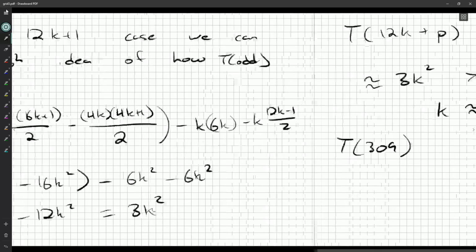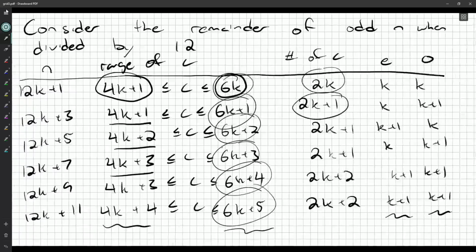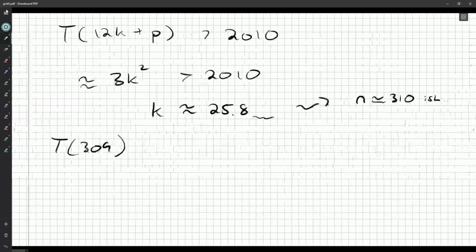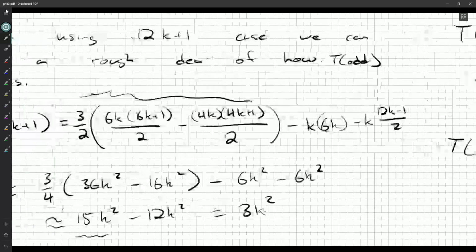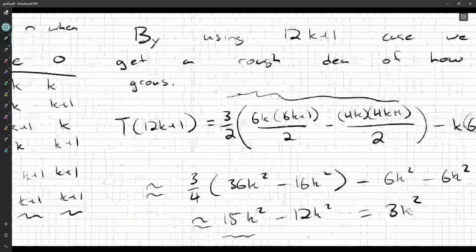Now, it's worth knowing that this was an absolute rough approximation. I might be massively overkilling, in which case we're going to have to figure out how to jump around. But yeah, this part here is roughly 13k squared. Roughly. So 309, it's as good a place as any, 309.6. So 309 is